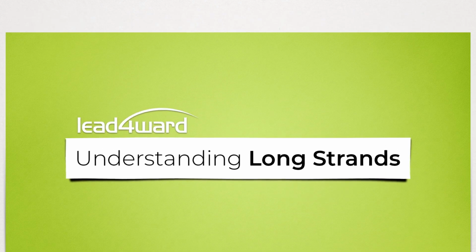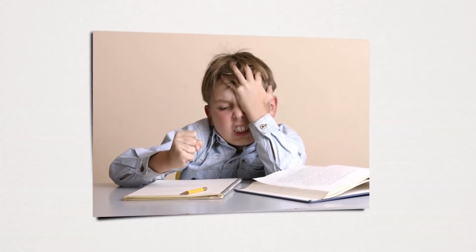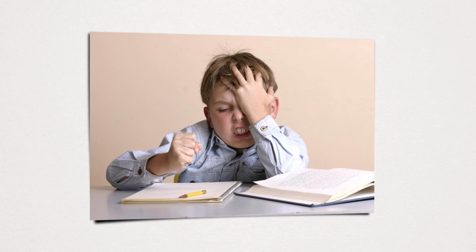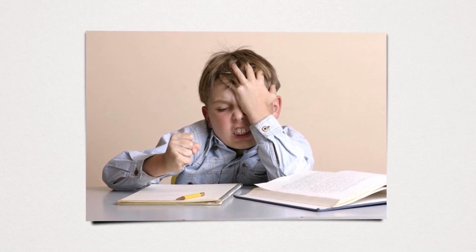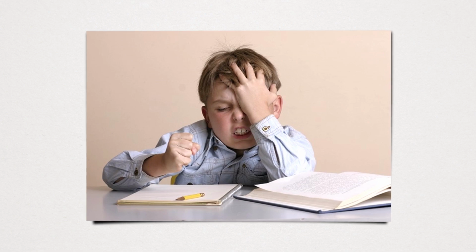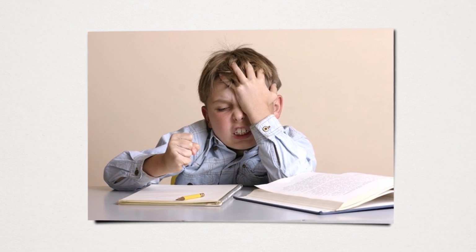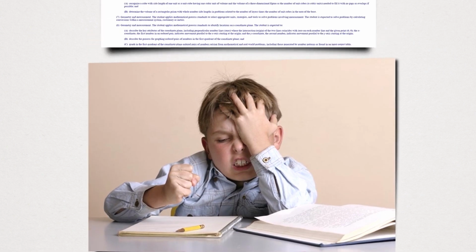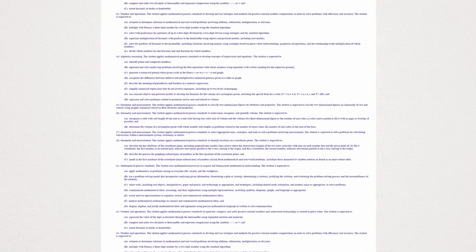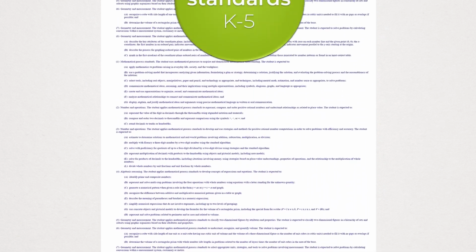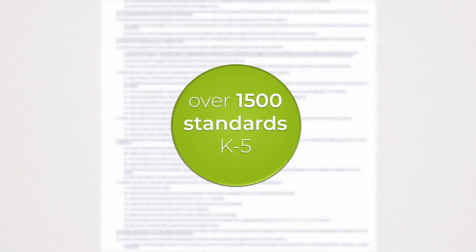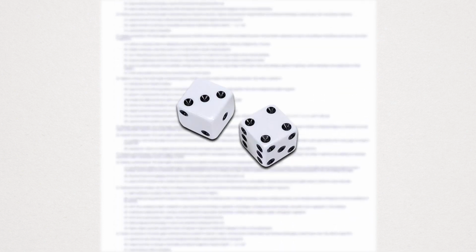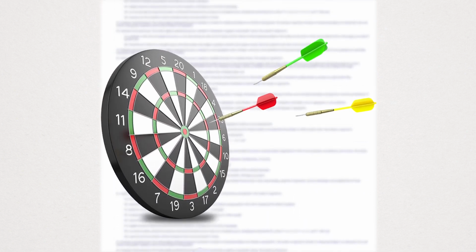Let's get started. When you have students who are struggling, whether they're served by special education, 504, ELL, RTI, or none of the above but are still struggling, how do you decide where to focus your instruction? Our curriculum is complex. There are over 1,500 standards to learn in the first 6 years of school. And sometimes it can feel like we're just rolling dice or throwing darts when it comes to instructing our students